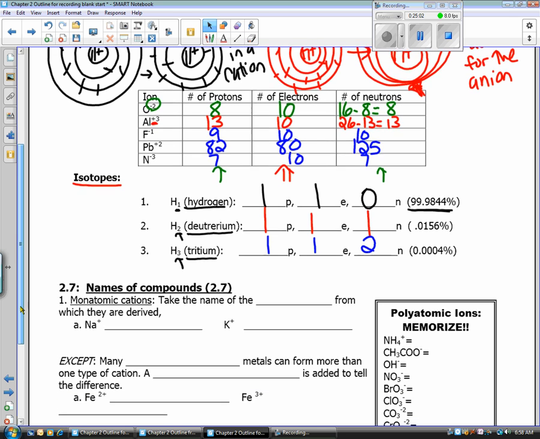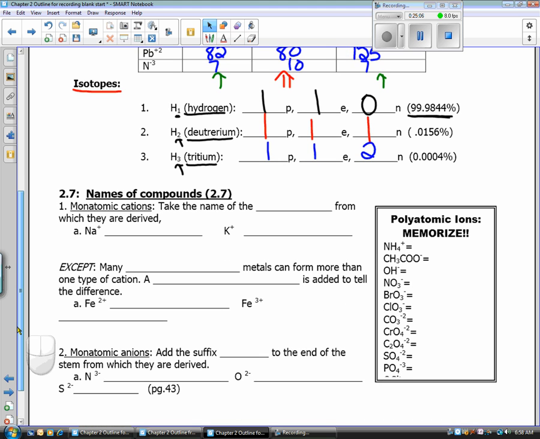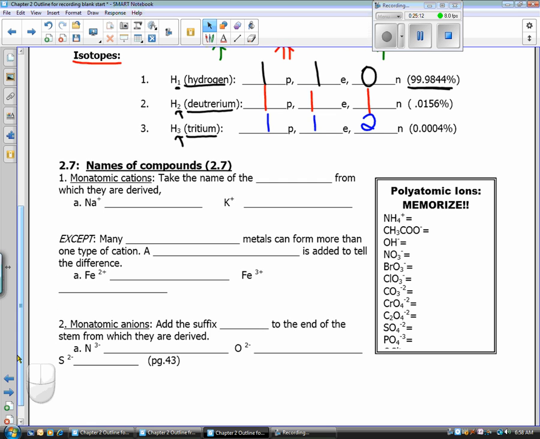for 2.1 or 2.4 and 2.5. But before we go, you can see we're missing one on the bottom, but I'm going to give you the names of these polyatomic ions just to make your next homework easier. NH4 is ammonium. And you can look these up if you're not sure how I spelled them. AMMONIUM. The next one is acetate, ACETATE. OH negative is hydroxide. NO3 negative is called nitrate,